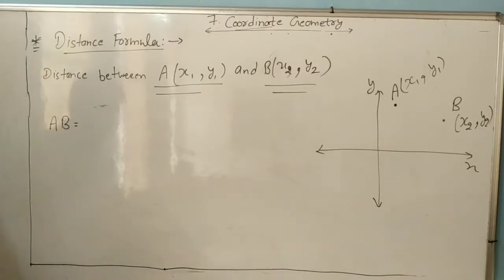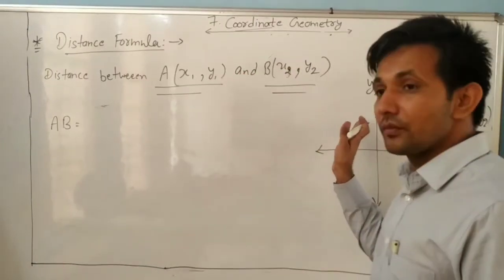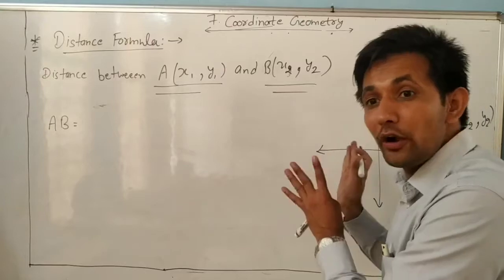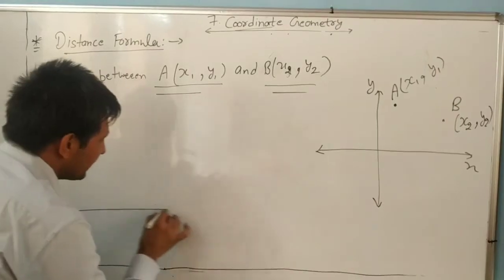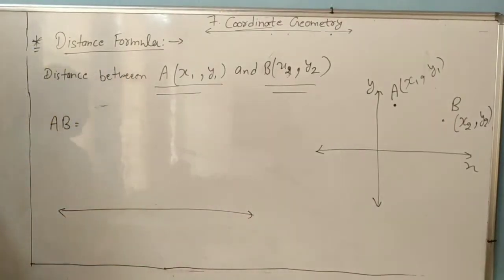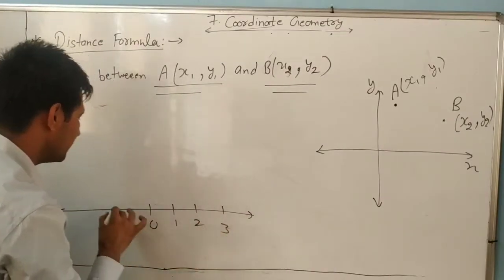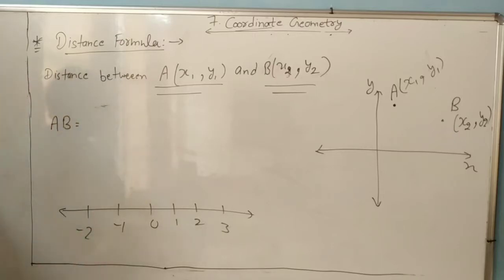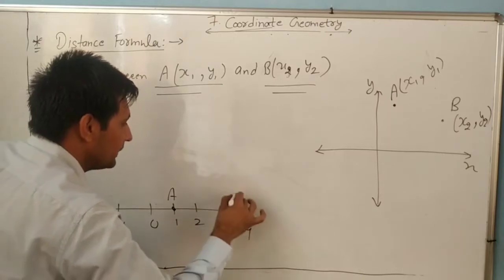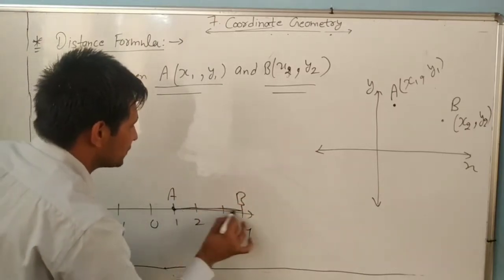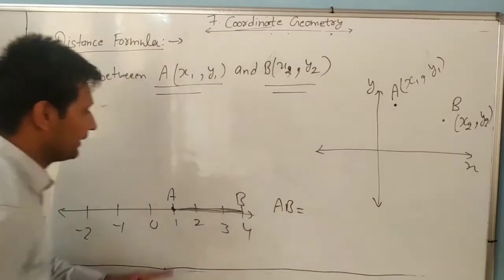Look here. In the 6th class, we discussed the number line; here we are talking about two dimensions, in the coordinate plane, x-axis and y-axis. Everyone knows the number line. It has 0, right side positive 1, 2, 3, and -1, -2. Understand? Suppose one point A is here and one point B is here. Find the distance between these 2 points. So how to find it?